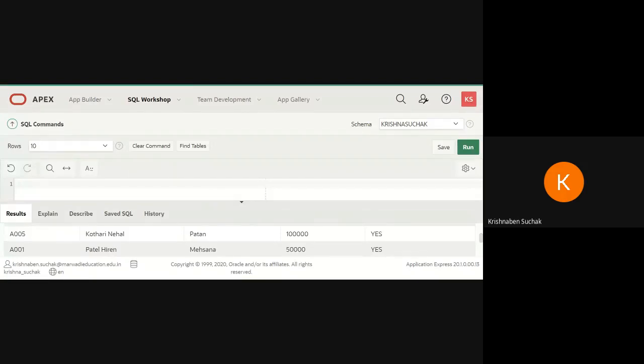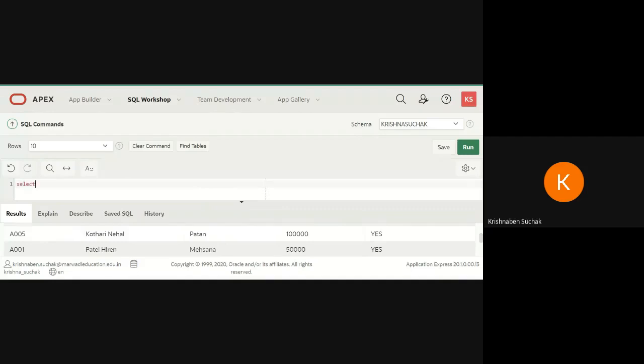So our fourth query is display only those record where loan taken status is yes. Now we have to display only those record from our table where loan taken is yes. Wherever we have entered the data yes, that we have to keep here. Okay. So there is one query, select star from account where loan taken equals to yes.